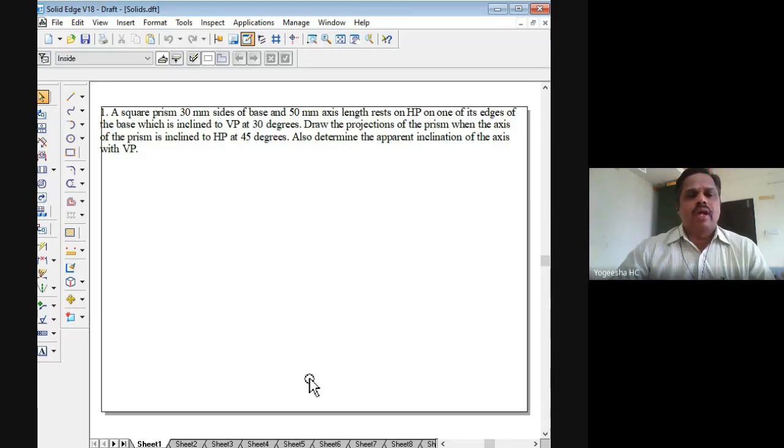Another kind of solid we are having is called a pyramid. You know what a pyramid is. There will be a base of some plane surface and there will be an apex. The top surface will not be there. Instead, at the top there will be an apex. There will be lines joining the apex to the base corners in case of the pyramid. So you can have a square pyramid, a pentagonal pyramid, or a hexagonal pyramid.